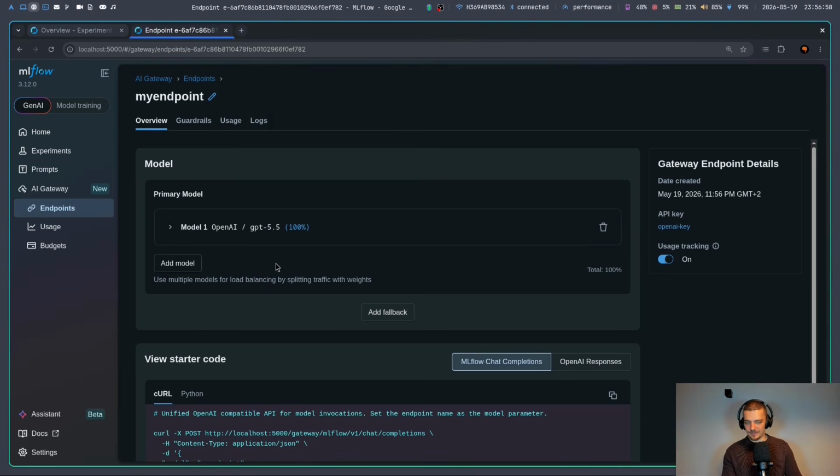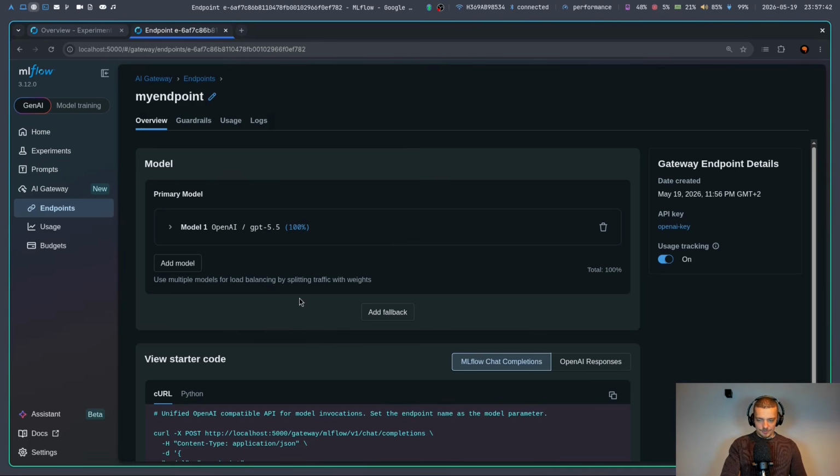And we can do a bunch of things here. The most basic thing that we can do is we can just use this now as an endpoint to send our requests through, so we don't have to actually ping the OpenAI API directly. Everything goes through our gateway here. And by doing that, we can handle certain things. For example, I can do load balancing with different models. I can add a second model here to say 70% of the traffic has to go to OpenAI, 30% to Mistral. Now, I don't really want to do this here,